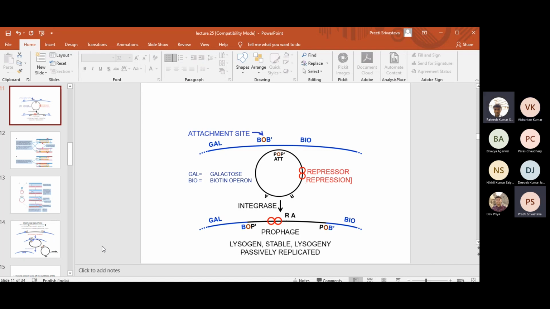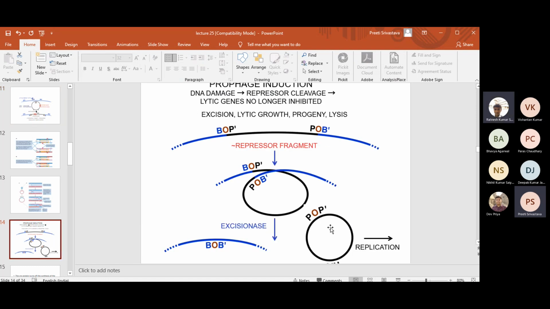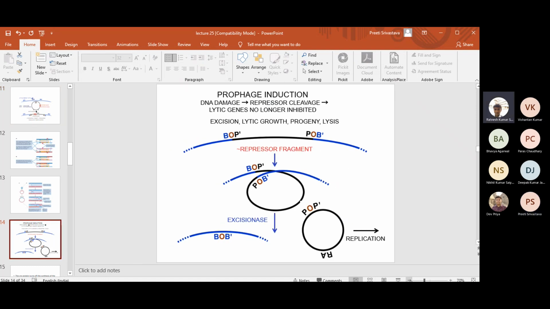Integrase is very, very specific. It can only bind to a specific sequence exactly, and that is why the transduction mediated by this phage is called specialized transduction. I thought I'll explain this and then we'll go to transduction. If you have understood that it is very specialized, then my job is done. It will become very easy for you to follow in the next slides.